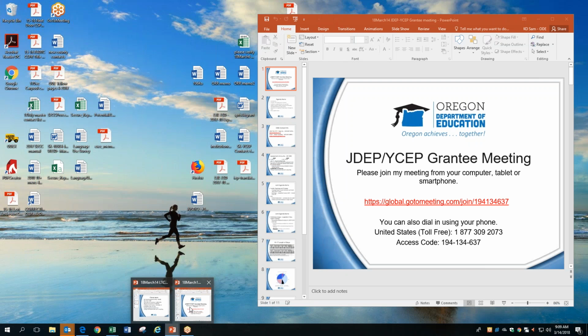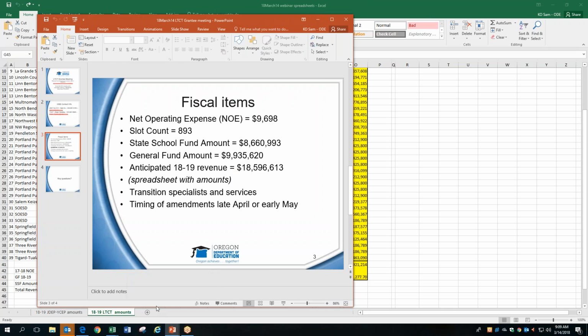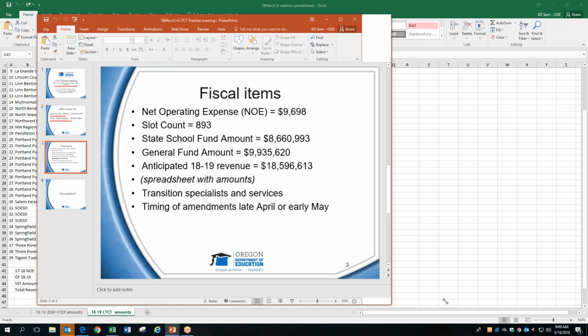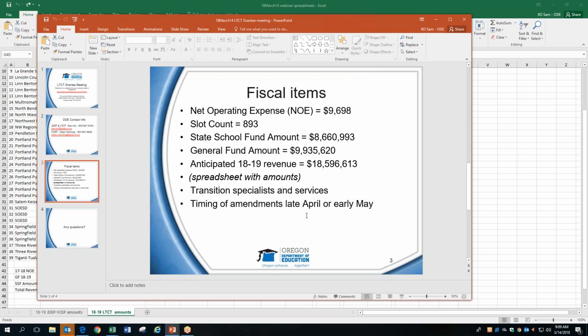And then my recommendation is, if you have other funds, you should be using them for transition specialists and services, and re-entry for the kids that leave your facilities, to help kids go to another facility or back to the K-12 schools and so forth. With that extra bump, I wouldn't recommend hiring personnel, because we don't know whether we can continue to supplement at 77% next year.